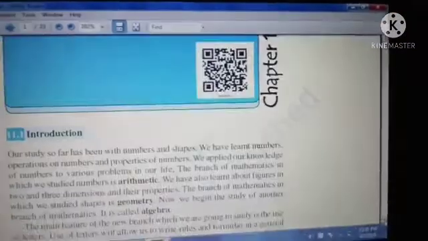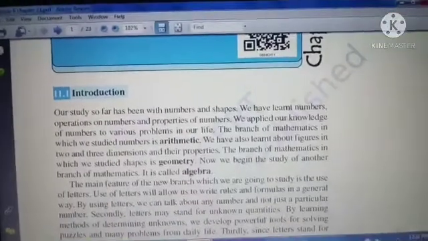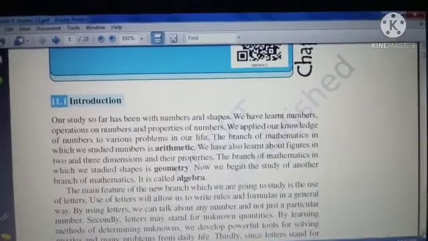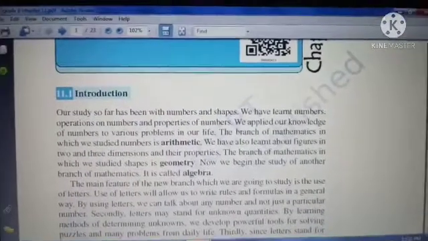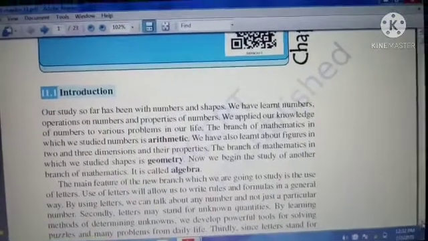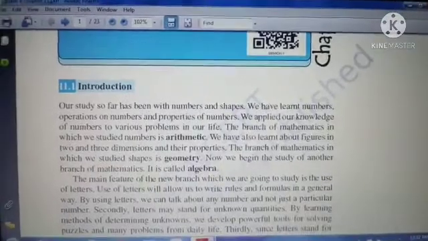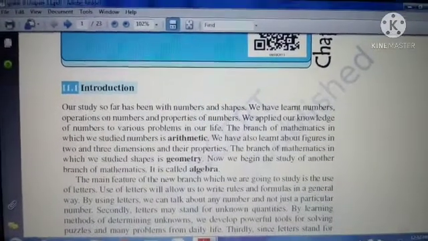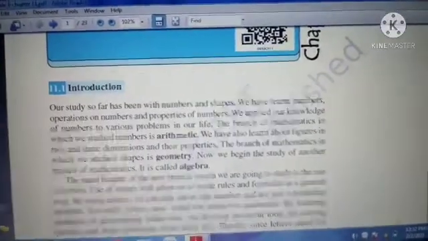Once you recall that, you can easily know what is meant by algebra. What is meant by constants, variables, like terms, factors, many things we have discussed. So once you recall that, when you come to this chapter, it will be easier to learn this.